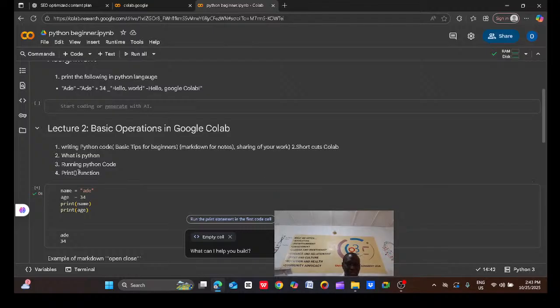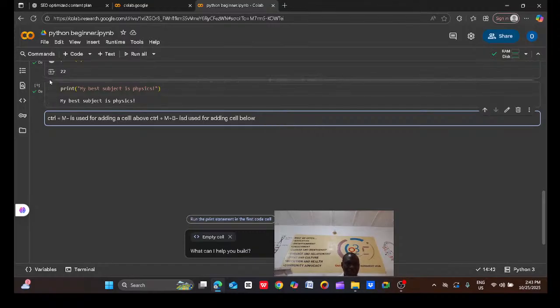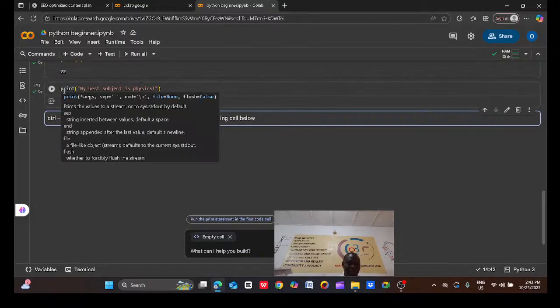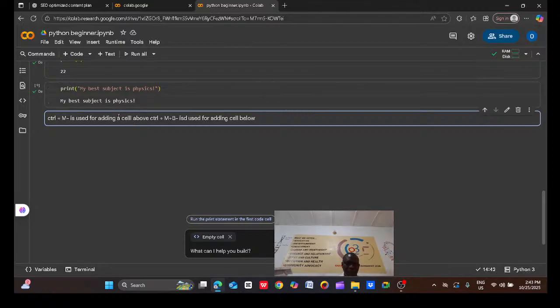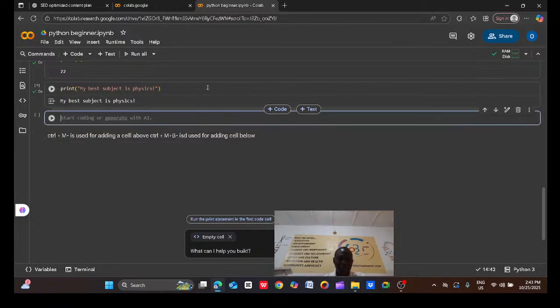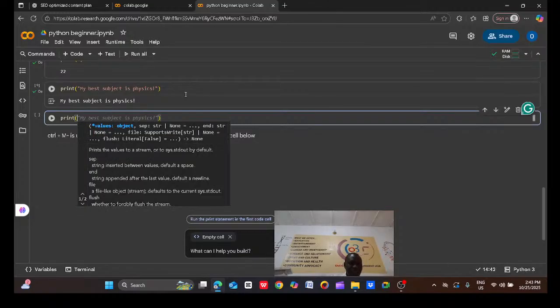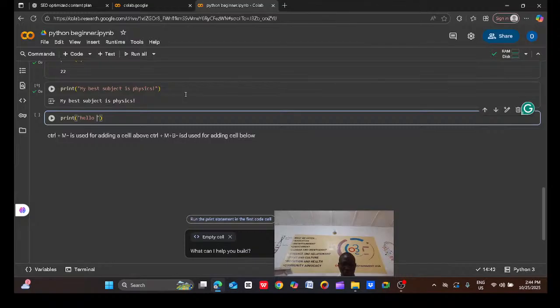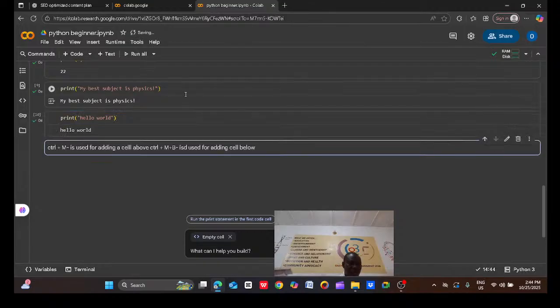All the instructions we have been giving are in the form of a print function. That's why it has to be in open parentheses, so it has to be like this. Whatever you want the computer to print for you is going to be inside that bracket. So if you want the computer to print hello world for you, let's see, it is going to print it for you.